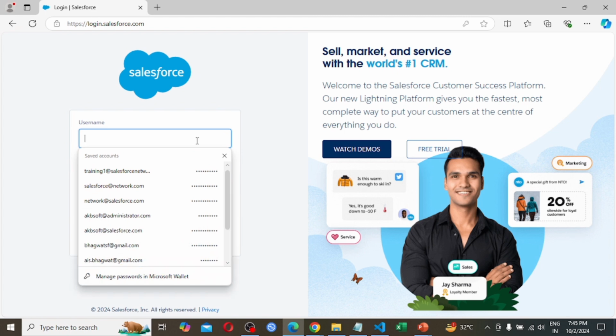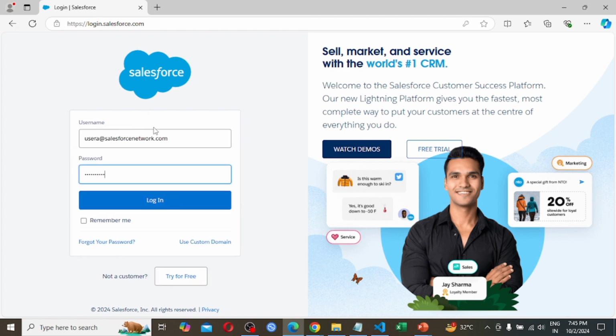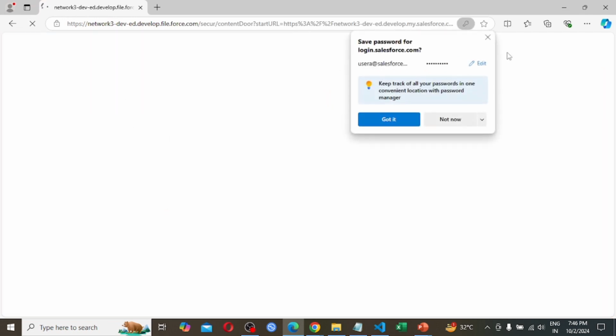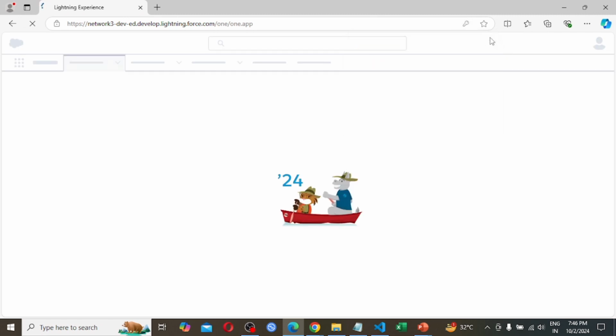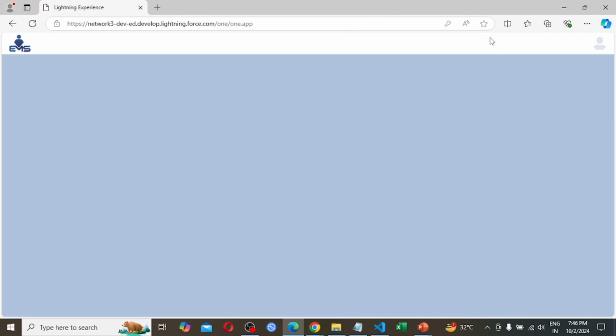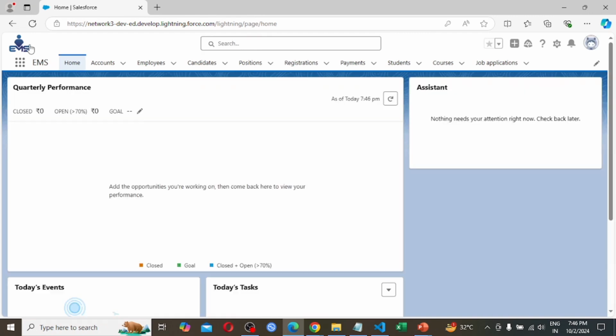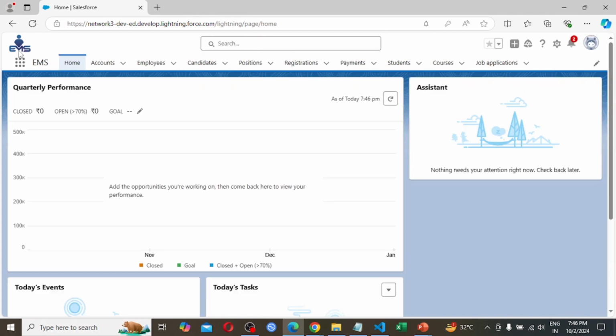For this user also the login URL is login.salesforce.com, the username we had created, and the password. Hit the login button. So user A is logged in. He is redirected by default to the employee management system application.